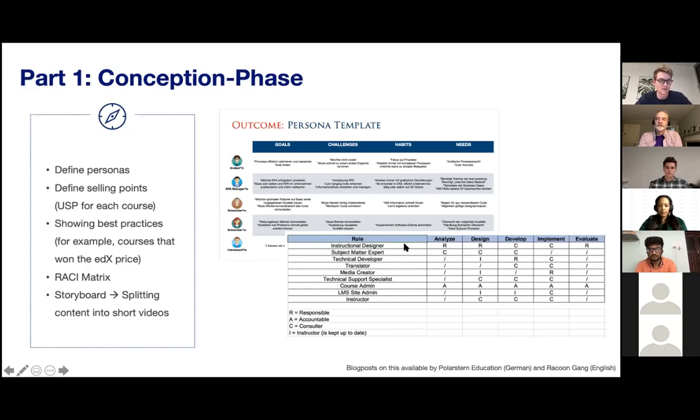One thing that I notice is, especially when we're working in small teams, we have more roles than we have team members. So it's helpful to see which role I am supposed to fill when I'm part of a course team working on this. And then part one of this phase is ended once we have a storyboard. A storyboard for us is a key element to get a feeling for the length of the course, and also how much work we have to put into media production to complete the course.